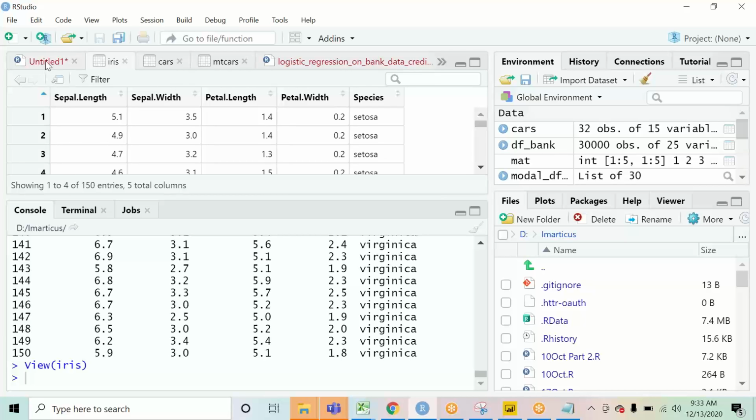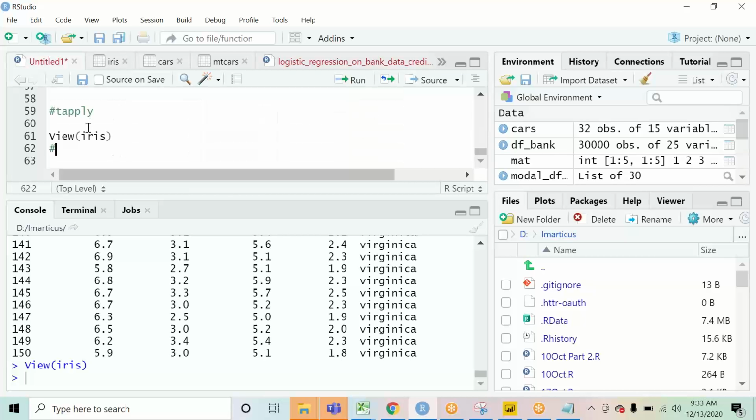In the dataset we have three species of flowers. Now, for each of these three species, what I want to do is find out the average sepal width. Suppose this is my idea: I want to find the average sepal width for each species.